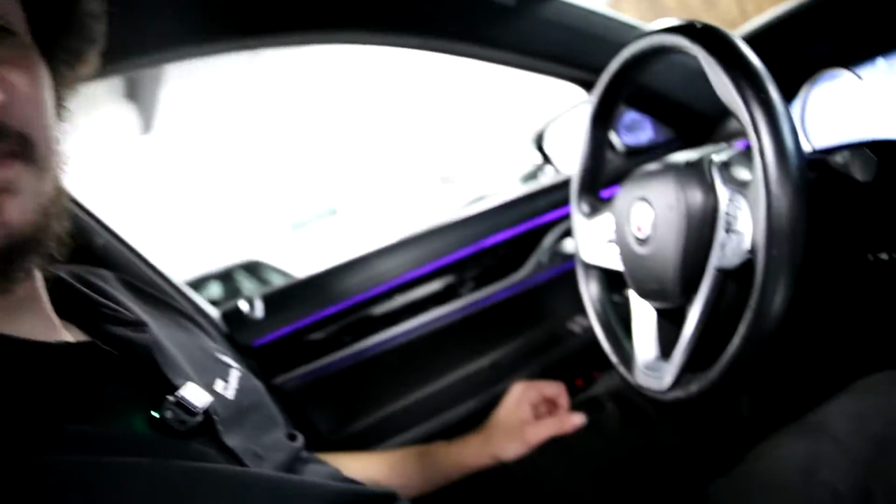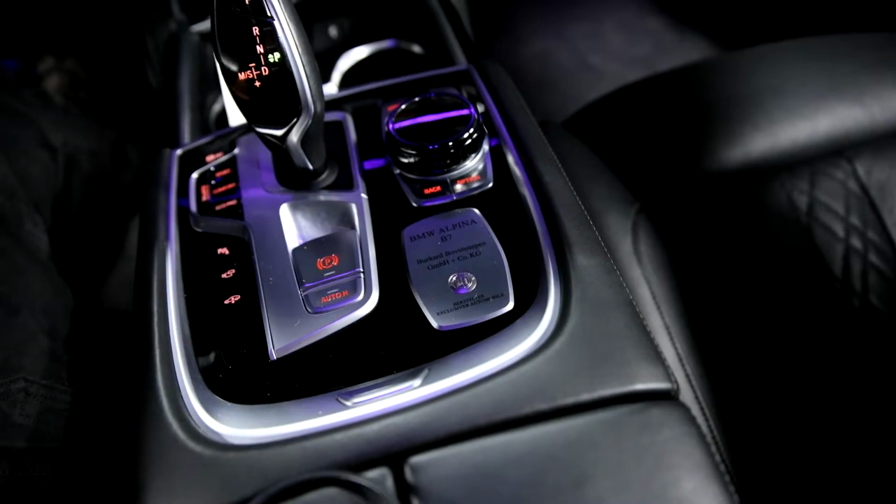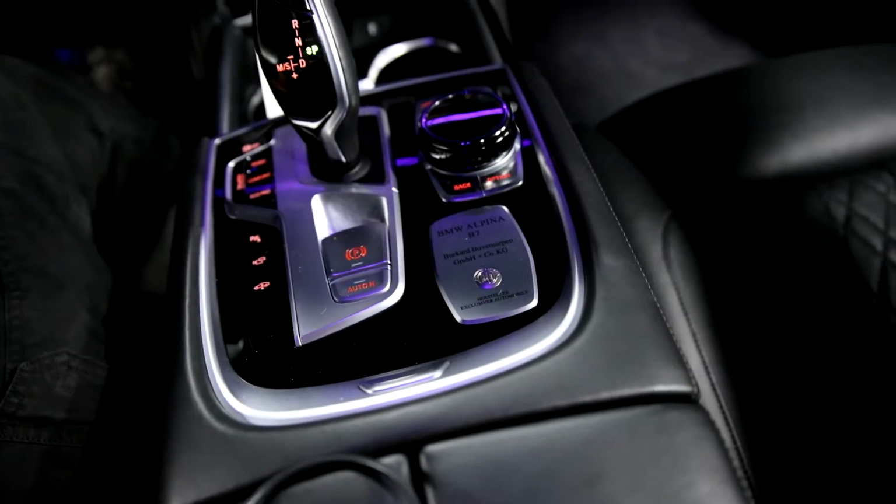Working our way into the interior of the vehicle, there's plenty of luxurious options and again, Alpina specific options on this car. So let me walk you through some of that. First, we have the Alpina badging here, the little plaque that just says that it is indeed an Alpina,